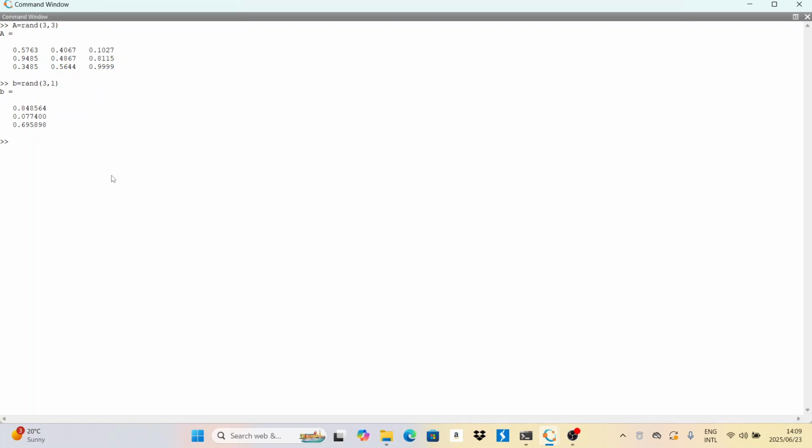So we have our random matrix and our random vector. It has generated the random values for our vector. Then we can solve for our 3x3 matrix because we're having the matrix and the vector. Then we can say x is equal to A, backslash B. Then this will solve our random matrix that we've created.